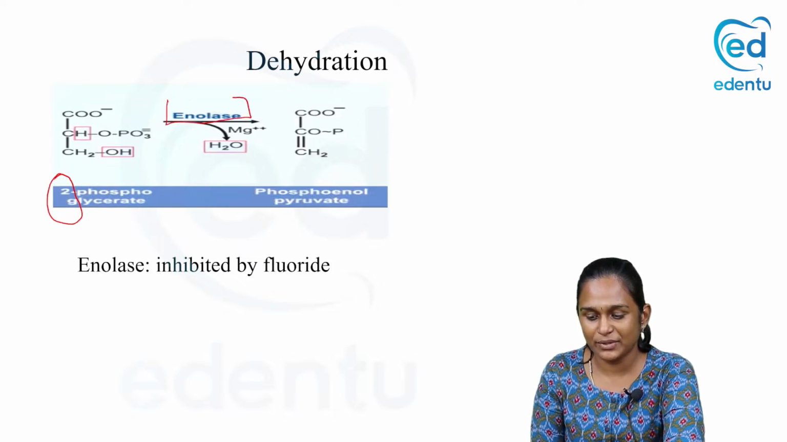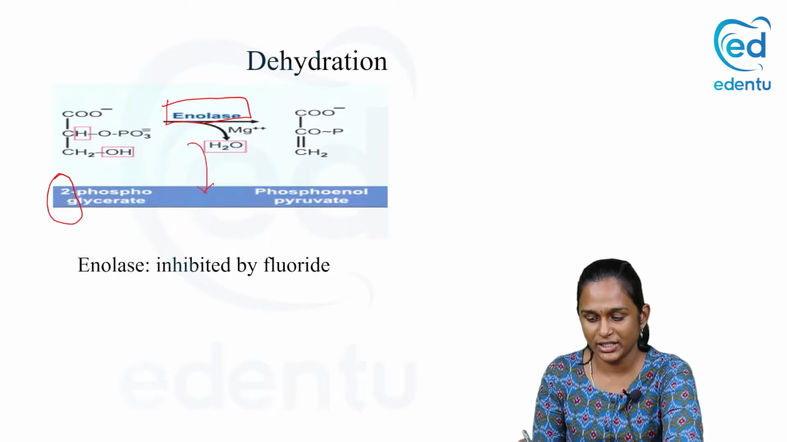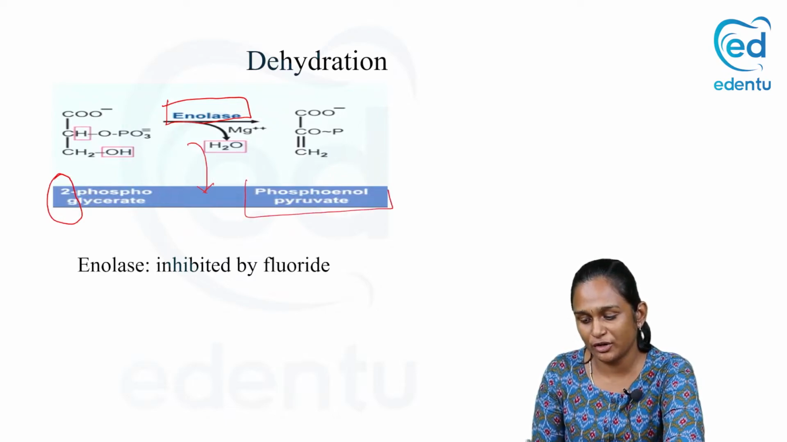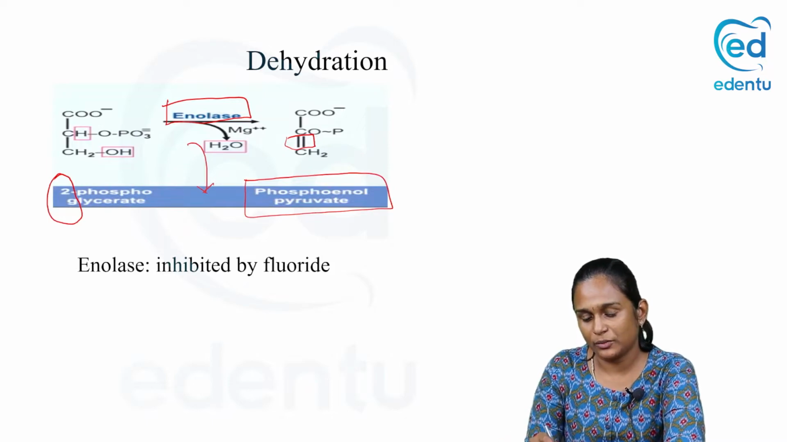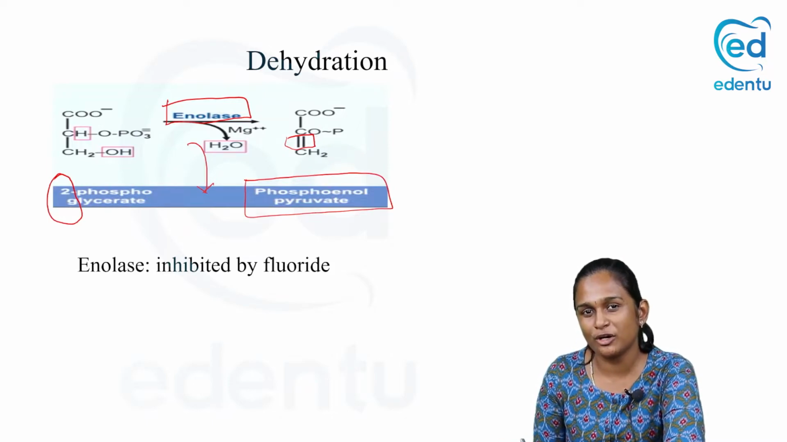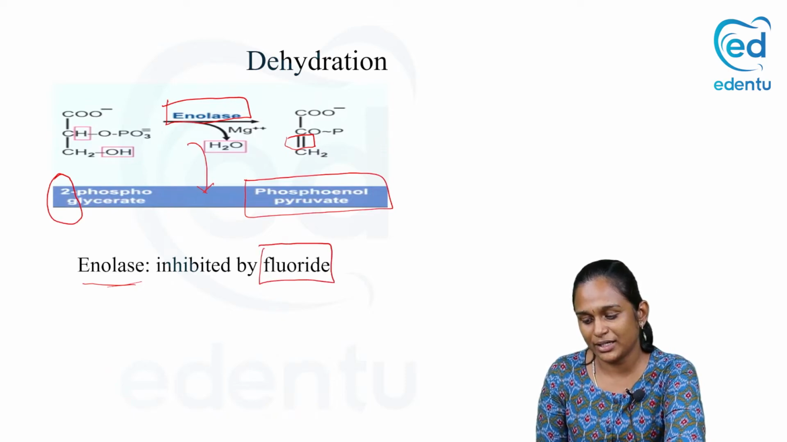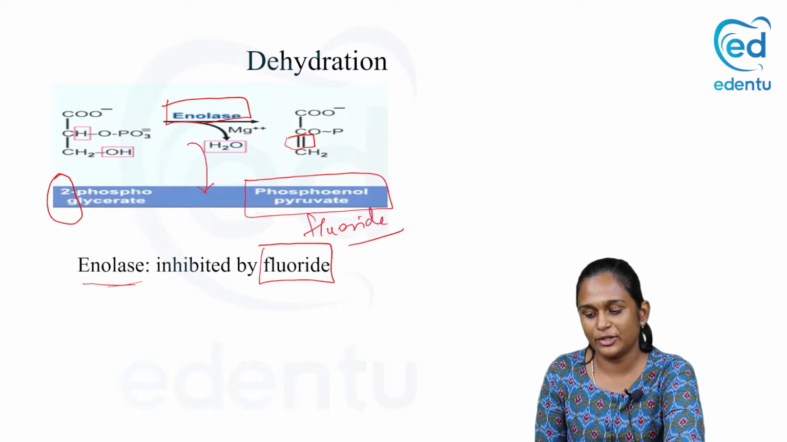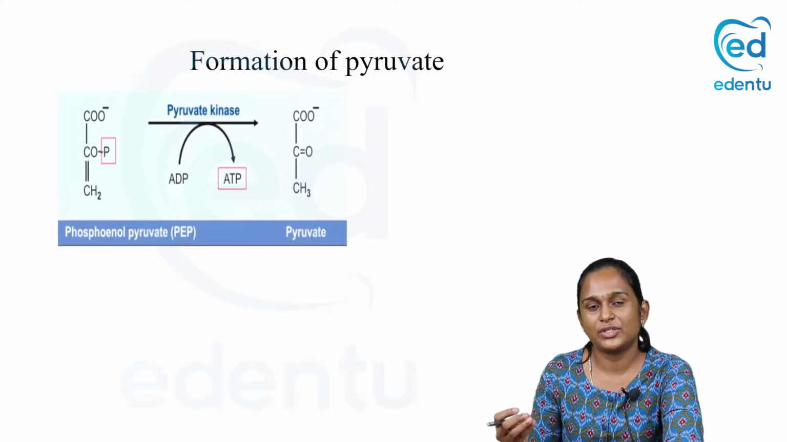The next enzyme, enolase, is going to remove water from 2-phosphoglycerate. It removes a water molecule and it results in the formation of phosphoenol pyruvate. What is happening here is dehydration, removal of a water molecule. How is water removed? With the help of the enzyme enolase. And this enzyme enolase is specifically inhibited by an inhibitor called fluoride. Okay, so fluoride is an inhibitor of the enzyme enolase, the only inhibitor which you see which has a clinical